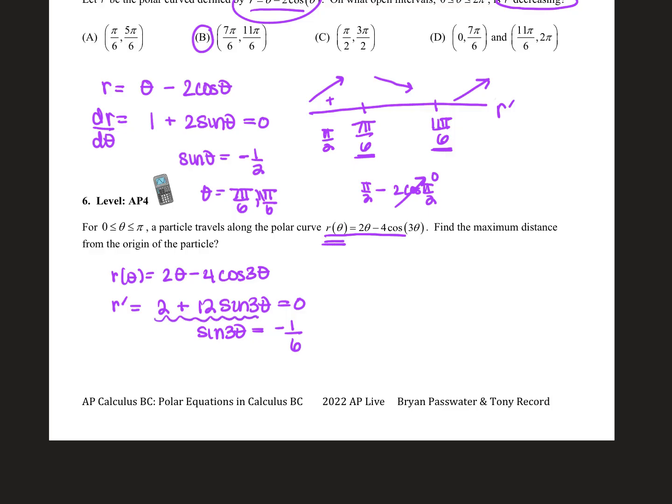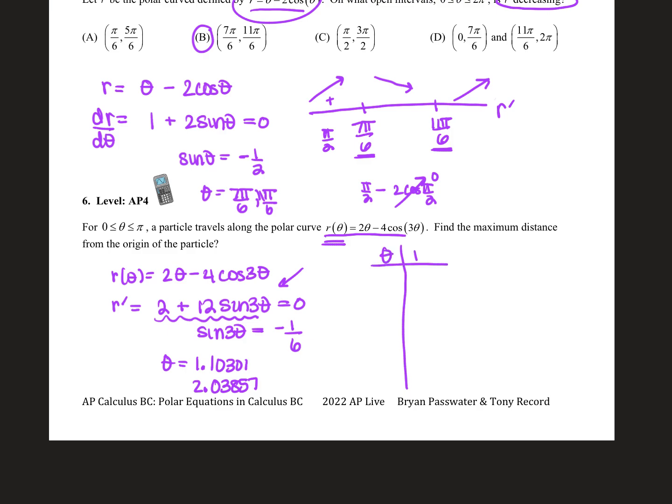So our theta values that work for this are either 1.10301, and the other place it crosses is 2.03857. Again, do not put this in polar, leave it in Cartesian. You're just going to put this in here, and you're going to look where it crosses the y-axis, the x-axis. Okay, so we got to figure out which one's a maximum, so we can either do the second derivative or